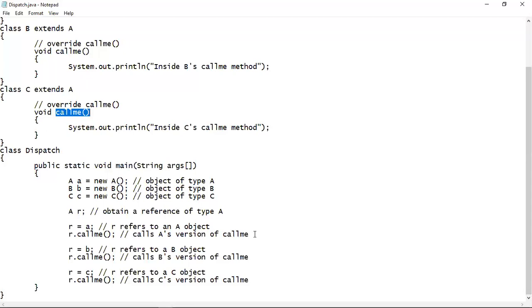Because the decision of which version of the method will be called is taken at the runtime dynamically, not at the compile time, which is known as static polymorphism. Rather, the decision is being taken at the time of calling the method, or at the runtime, or at the execution time. That's why this type of polymorphism is also known as runtime polymorphism or dynamic polymorphism.